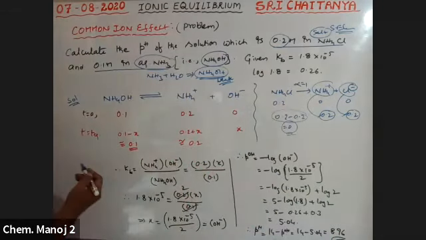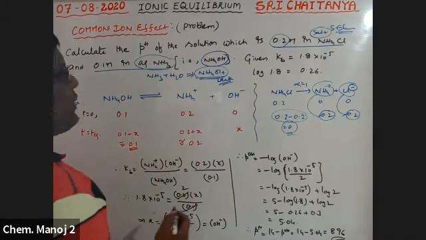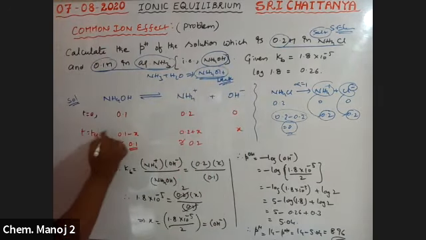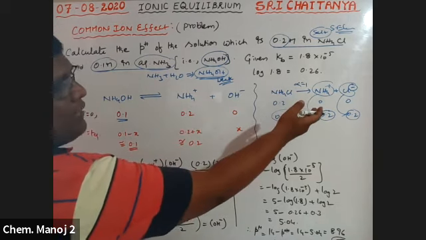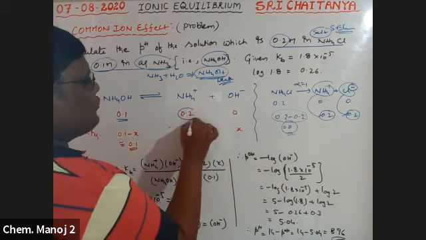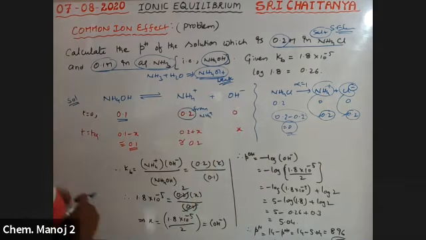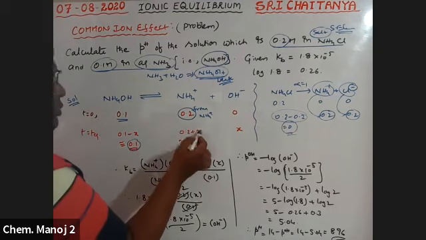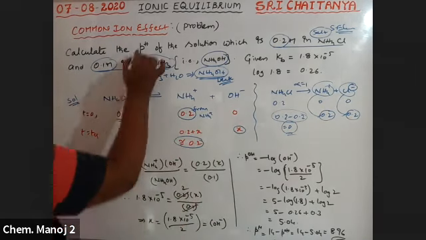Basically, there is a weak electrolyte, NH4OH, which is reversible with NH4 plus ion and OH minus ion. At the beginning, NH4OH taken is 0.1 M. The NH4 plus ion is already present from the complete dissociation, so it is 0.2 at equilibrium. A little bit, X, is decomposed, but it is negligible, so NH4OH is 0.1 and NH4 plus is 0.2. OH minus is X. You want to calculate pH.